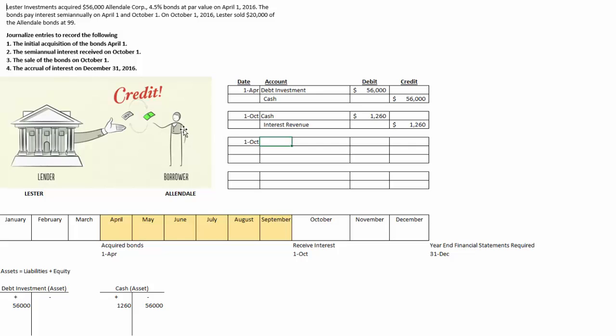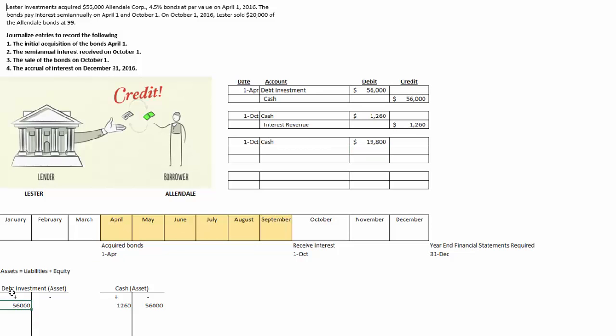So at this point in time, we are going to receive cash. The amount of cash we receive isn't necessarily $20,000. Remember, that's the face value of the bond. We would receive that amount if the person we're selling it to believes that the stated rate of interest is also the subsequent market rate, but it's not. And we know this because they tell us the bonds sell at 99. That means we don't get $20,000. We get $20,000 times 0.99, 99% of that value. So we receive